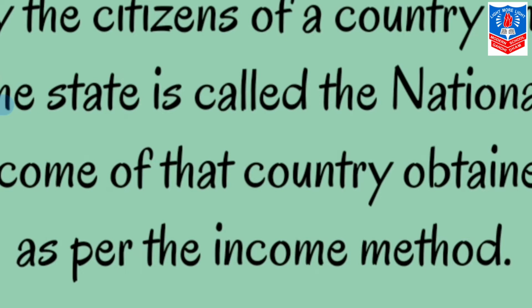To calculate the national income through this method, rent, interest, wages and profits, these four incomes obtained from the four factors of production, namely land, capital, labor and entrepreneur, are added together. Moreover, the income obtained from foreign countries is added, and the payment done in the form of rent, interest, wages and profits for foreign factors used in the country is deducted.